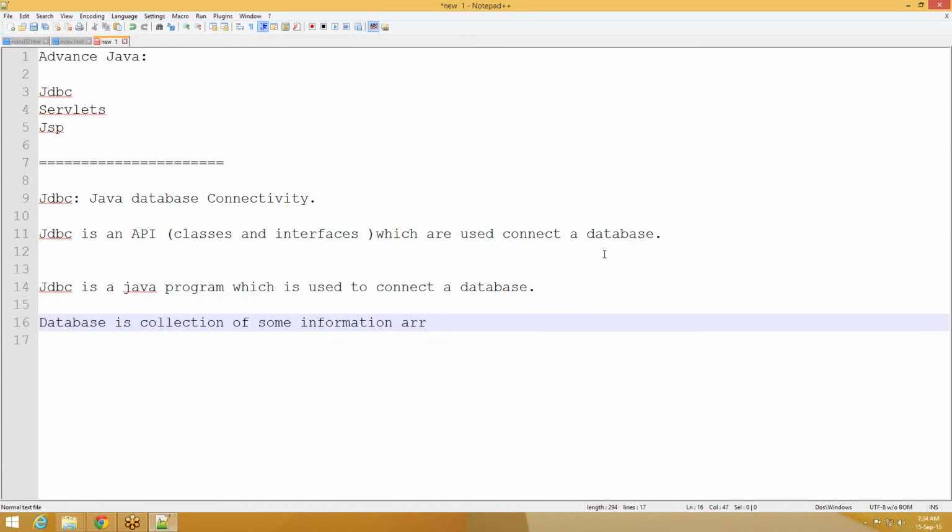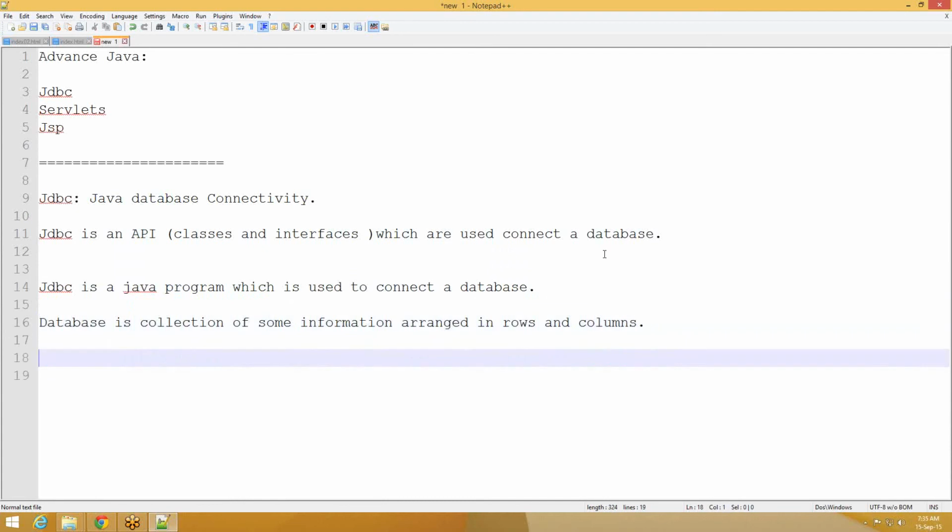arranged in the form of rows. Technically speaking, it is called relations. Arranged in the form of rows and columns. And these columns are said to be attributes, and each attribute has some type. Let us say I want to store any